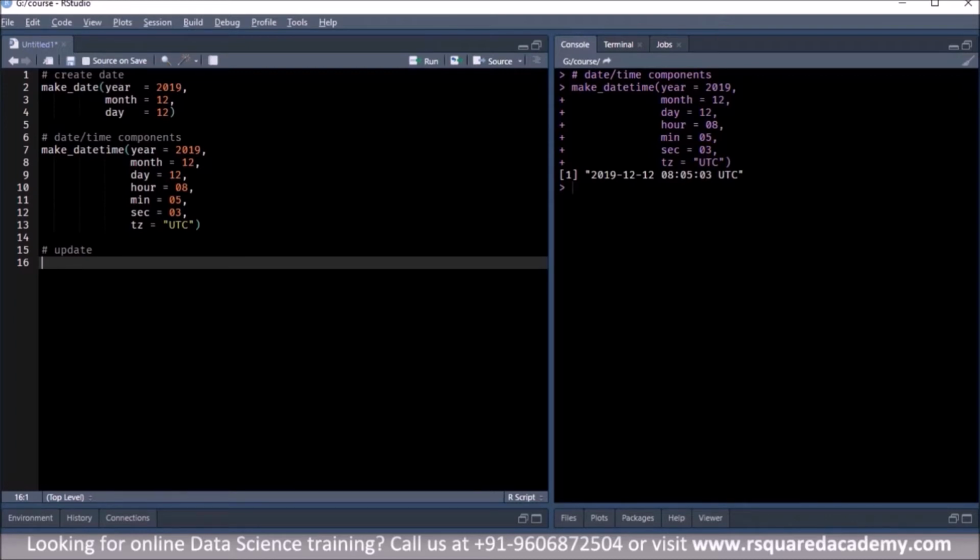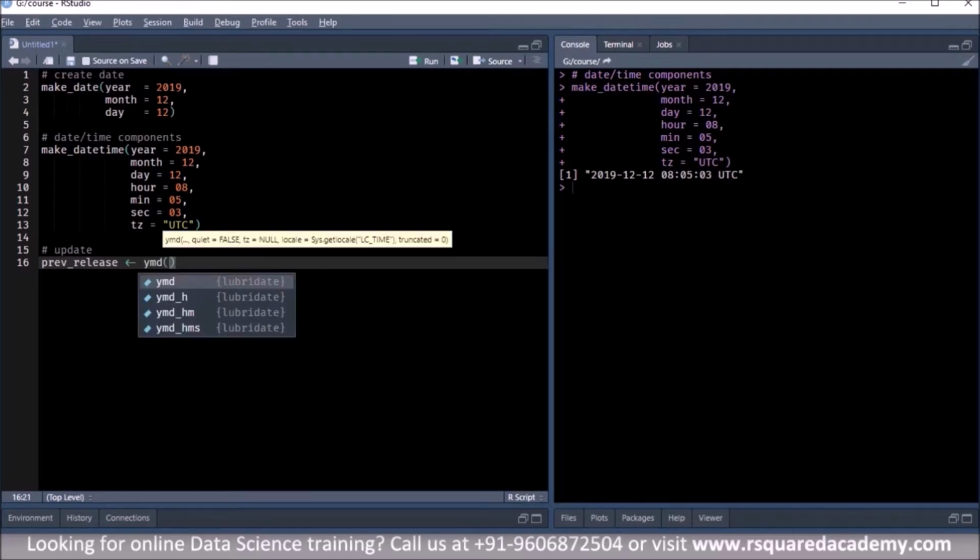So what we'll do in the next example is we'll start with the release date of our 3.6.1 version. So far we were looking at the release date of R 3.6.2, which was 12th December 2019. Now we'll take the date of the R release 3.6.1, which was 5th July 2019.